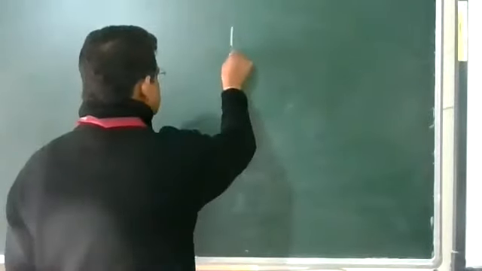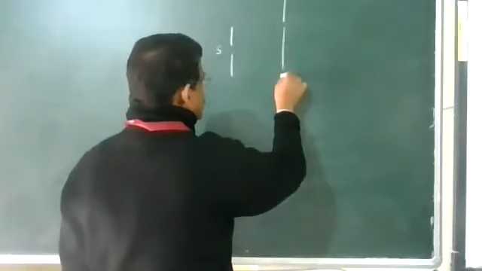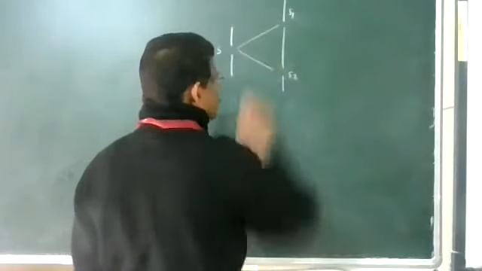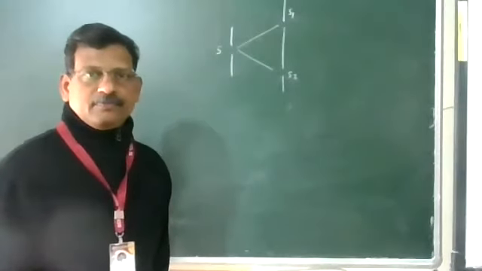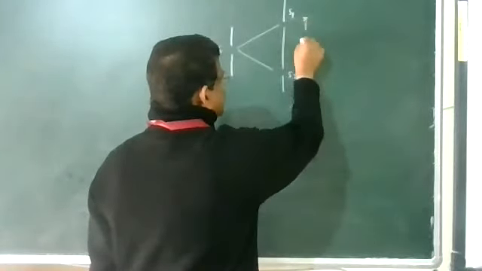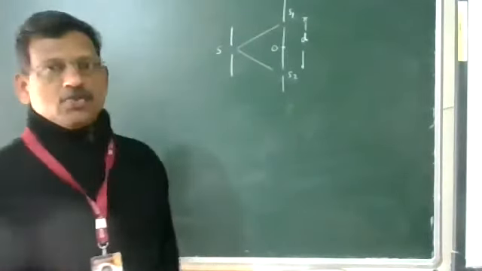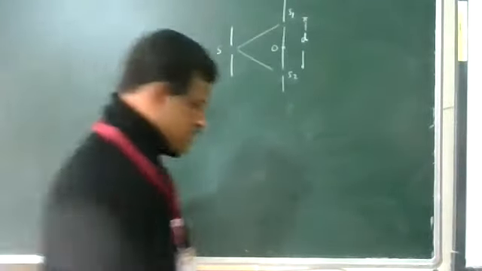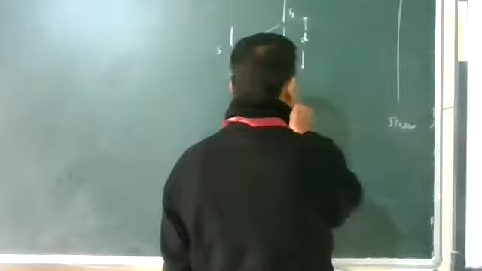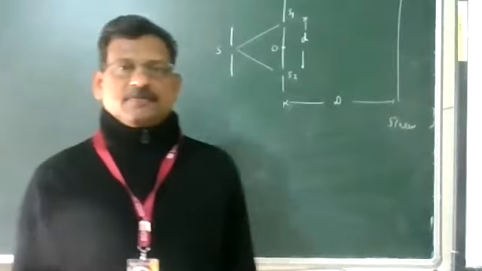You have a monochromatic source of light S. S1 and S2 are two slits. They are equidistant from S, so there is no path difference. The distance between the two sources S1 and S2 is marked as d, and you can take the point O in the center. S1 and S2 are the coherent sources. We are going to place a screen. A screen is placed at a capital D distance from the coherent sources.